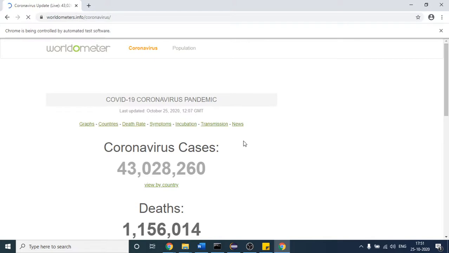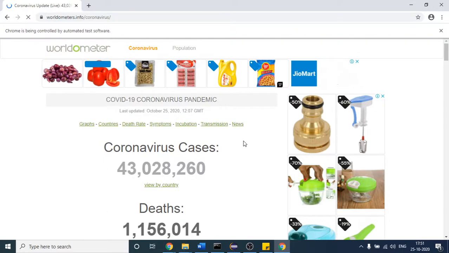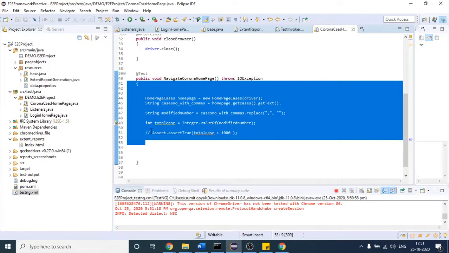This time this test case will not fail, so you will not see the screenshot inside your index.html file. Let me open this. Once it terminates, I will refresh my project and see that index.html file.